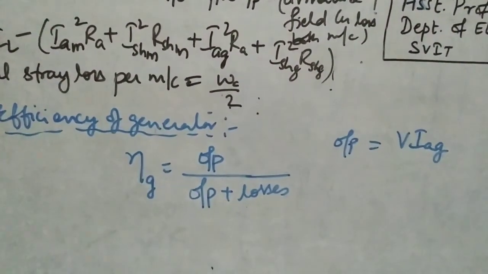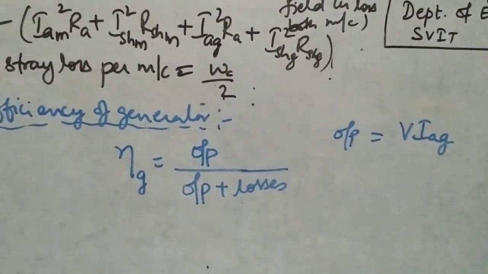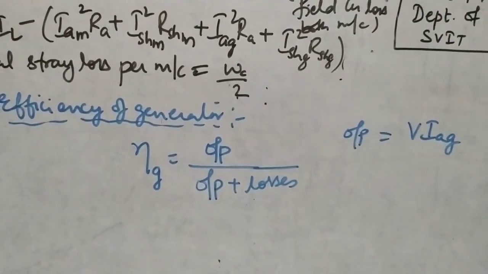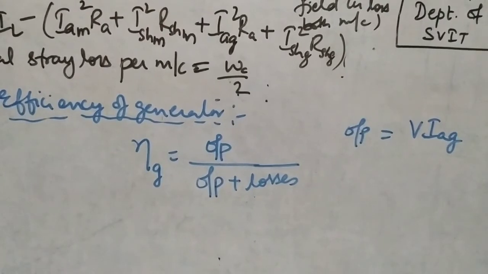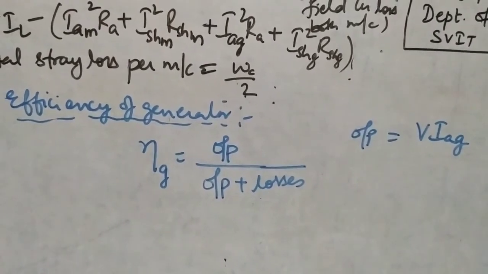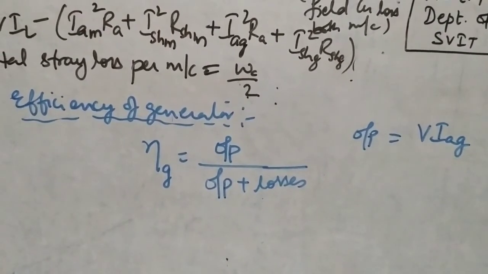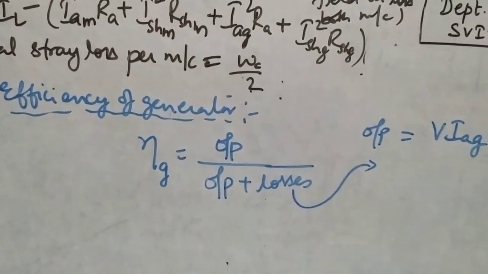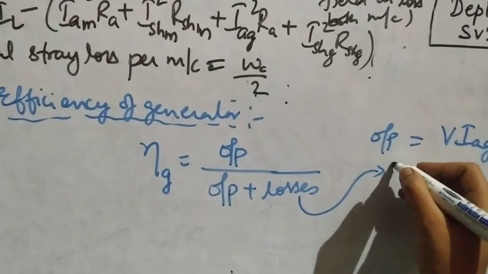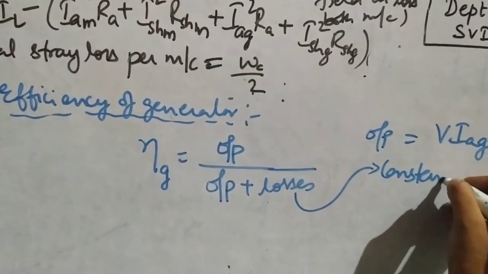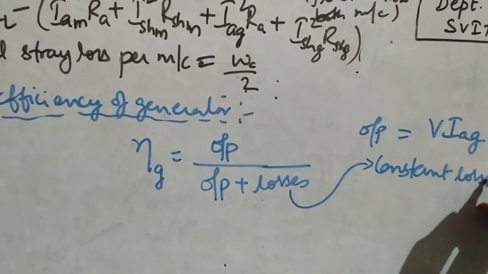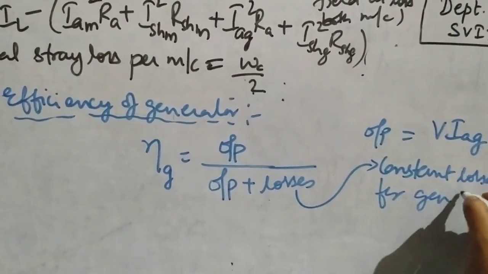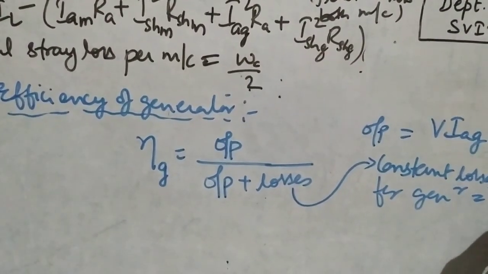This is the electrical output, a product of V into armature current. Then what are the losses you have to include? We have to include the constant loss, what you have just now calculated. The constant loss for the generator is WC divided by